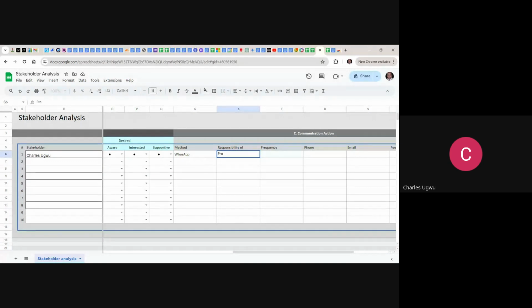project manager. Who is the project manager? All of you know who is leading in that event. So it should be the project lead. All of you are project managers, but he's the lead. So let me call it project lead, because all of you are project managers. So frequency, as you can say, once in a week or